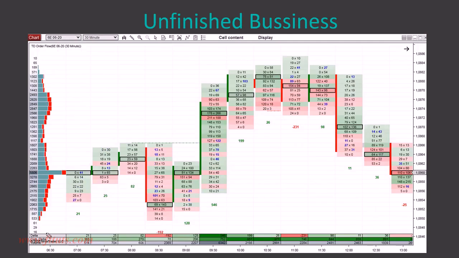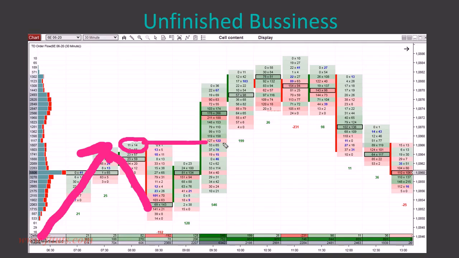Now imagine you are in a long position in here, then there is a pullback, and you're not sure whether to quit your trade or not, but there is this unfinished business. This line should work as a magnet, so you stay in the long, the price turns, then creates those nice buying imbalances, and in a case like that, I would stay in the trade. I would not quit it 1 tick above the unfinished business.